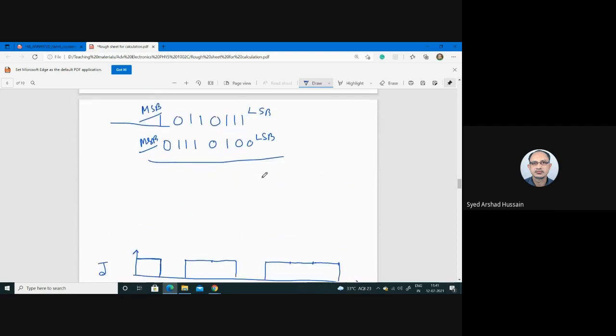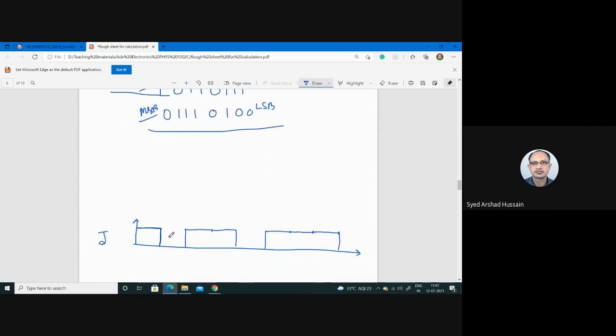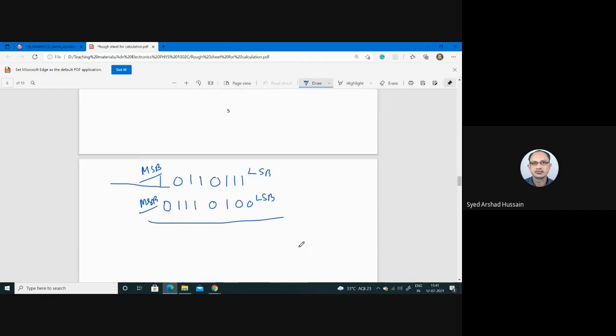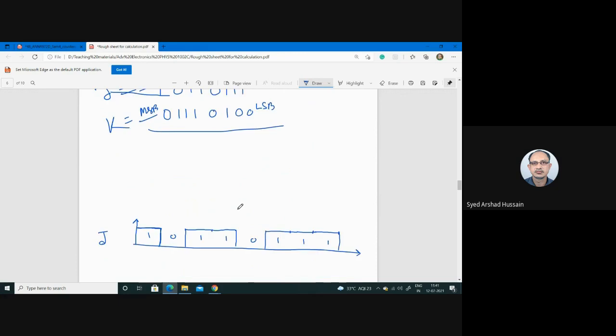0 1 0 1 0 1 1 0 3টা 1। ওকে, সো দিস ইজ মাই 1 0 1 1 0 1 1 1। Okay, now I draw. This is J, this is K signal going to give in the K, that is 0 3টা 1।